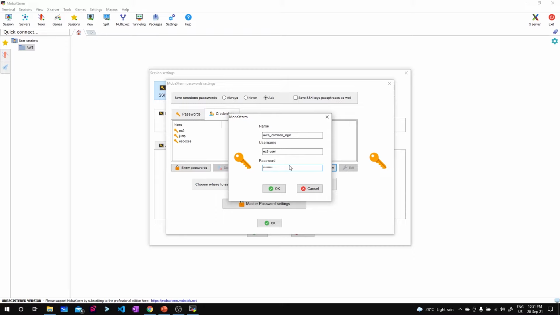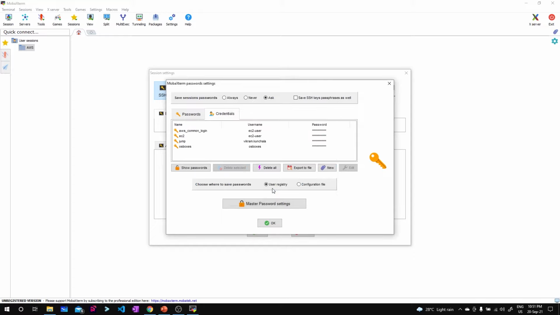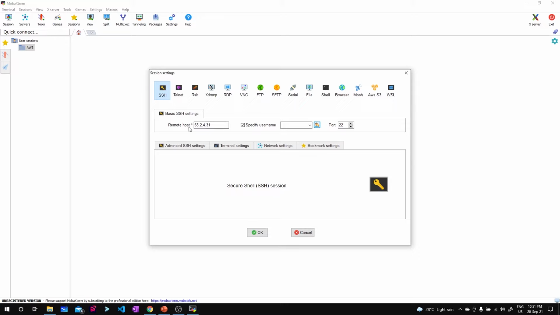In most cases I'll be using my private key to connect to my EC2 instances, but in rare cases, let's say you are connecting through passwords, you can create login profiles like this. Now I'll click on OK and then click on OK here. Now I have the instance IP address. Now I can select that username password combination from this list over here. If I click on OK, and my username and password are correct, the SSH connection will be established. Let's say that I'm using private key based authentication, or key based authentication.